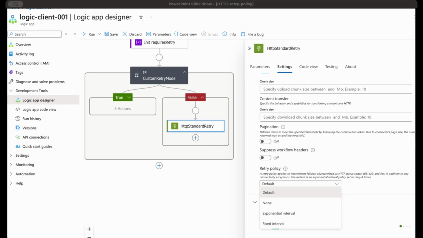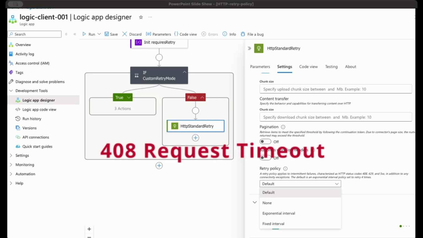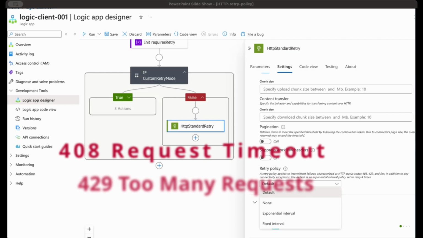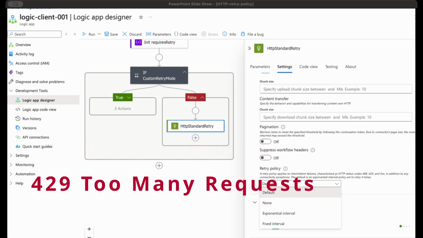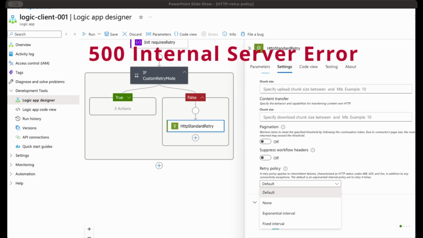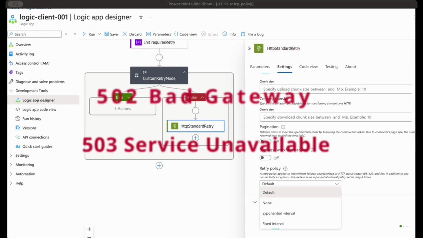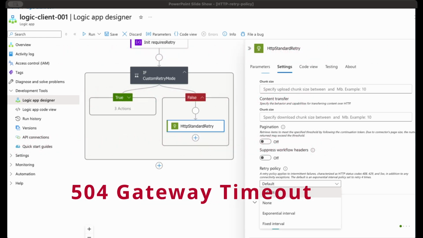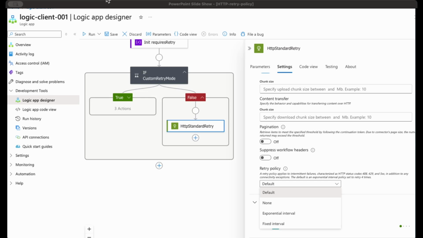Specifically, the standard retry mechanism typically targets status codes like 408, request timeout, 429, too many requests, and the 500 series server errors: 500, 502, 503, 504. While these cover some common transient errors, they represent just a fraction of the potential issues you'll encounter in enterprise